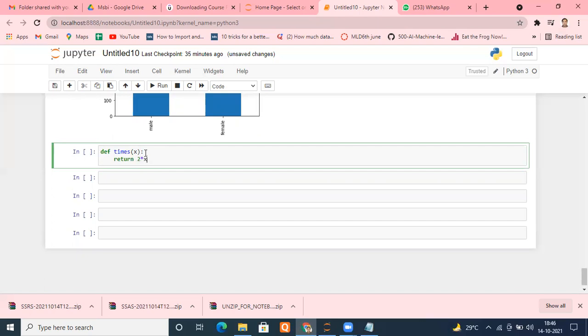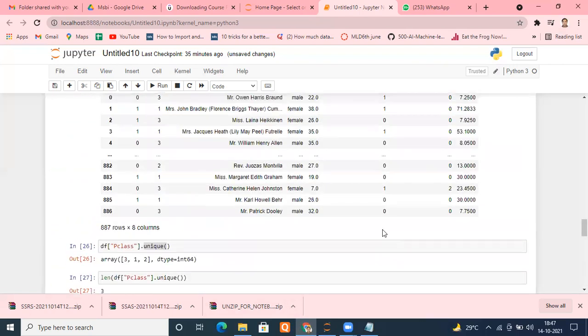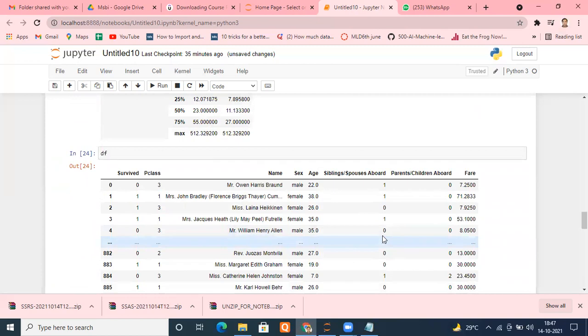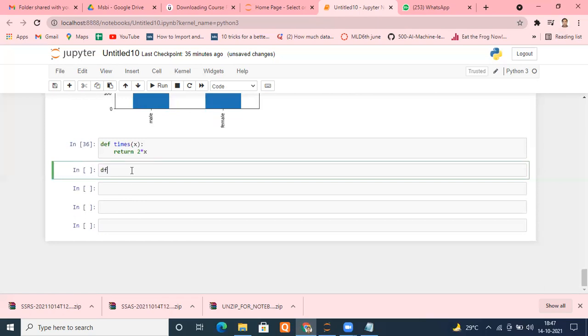This is my function, a simple function. Now let me take any column. Suppose I'm taking the column known as Fare. This is the Fare column. So I'm going to take my Fare column, and after that I type apply.